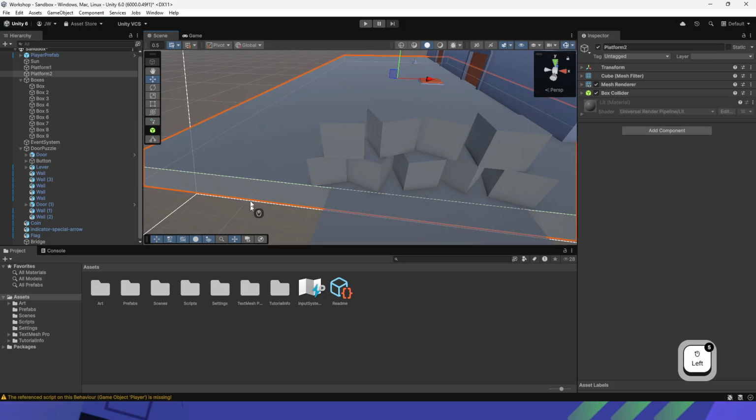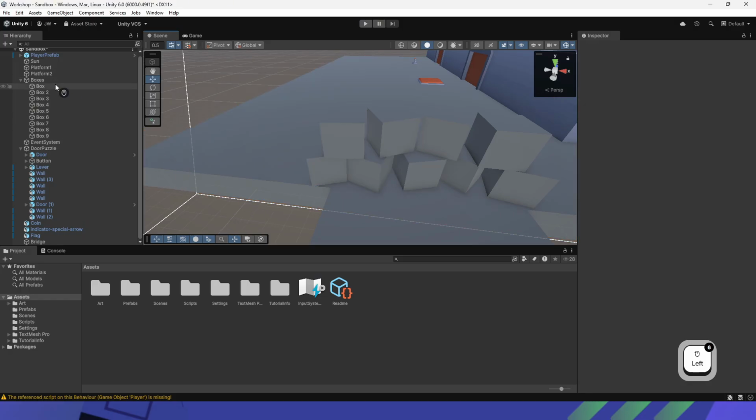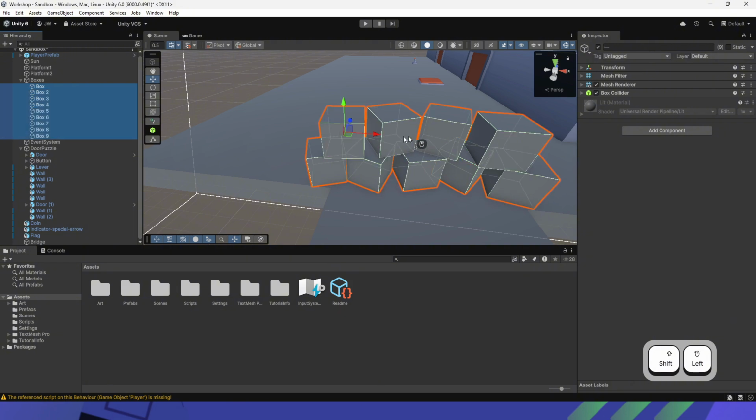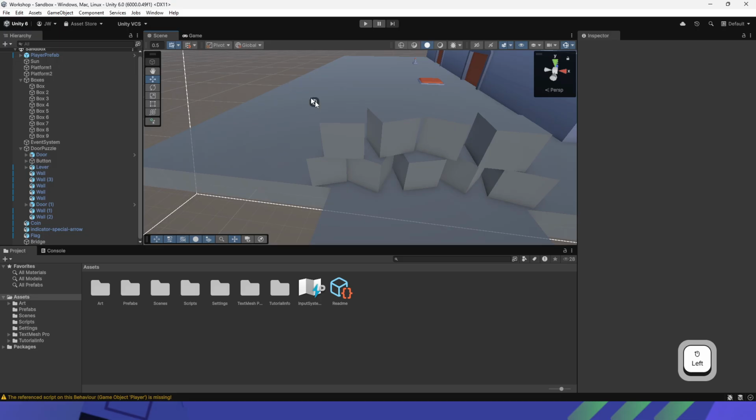Or if you don't want to do all of that, you can go into the hierarchy, click on one cube, hold Control, and then click on the other ones. Or click on one cube, hold Shift, and then go to the bottom of where you want to select. So box 1 to box 9, hold Shift, and then click on the last box, and then you select all of them. All right. And then if we go here and we add component rigid body and then deselect,